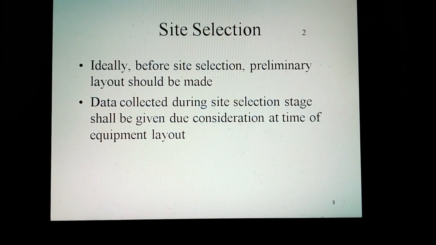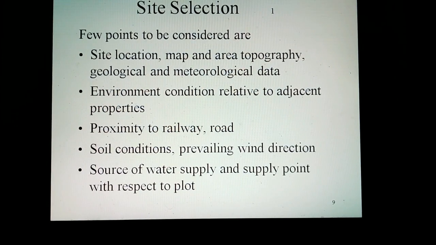Ideally, before site selection, the preliminary layout should be made. The data collected during the site selection stage shall be given due consideration at the time of the equipment layout. A few points to be considered are site location, map and area topography, geological and meteorological data, environment conditions relative to adjacent properties, proximity to railway, road, airport, soil conditions, prevailing wind direction, source of water supply and the supply point with respect to the plot,